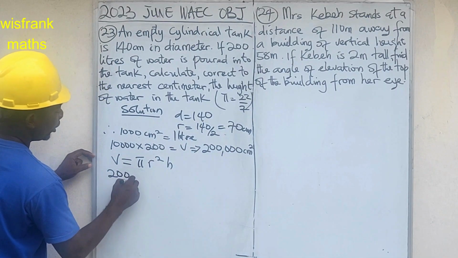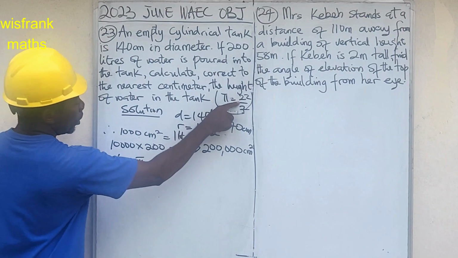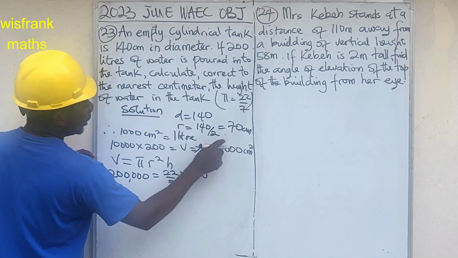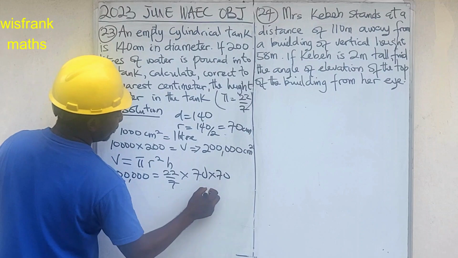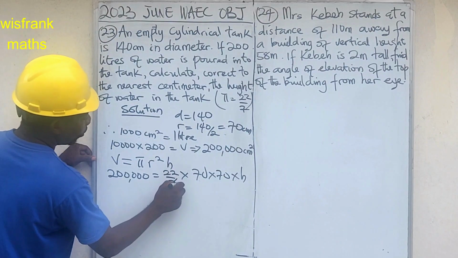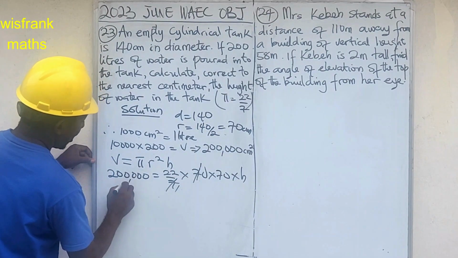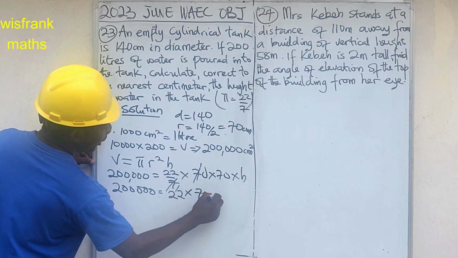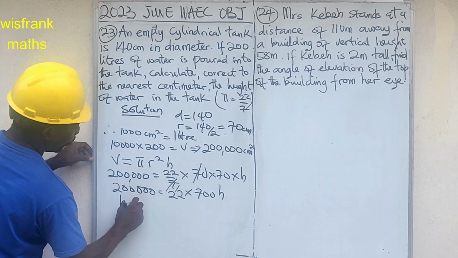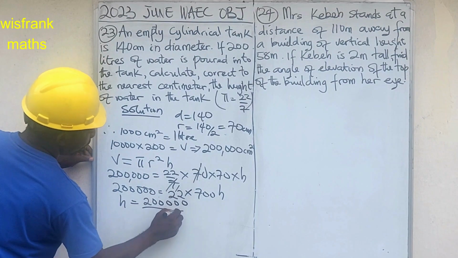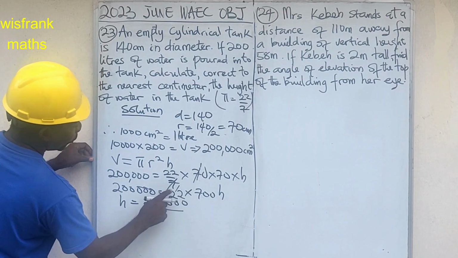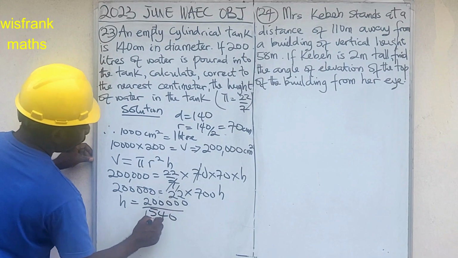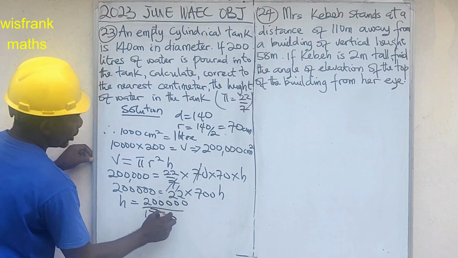So we are going to substitute. We have 200,000 equals pi, which is 22 over 7, times 70, which is the radius, times another 70, times h. In this case, 7 will cancel here, 7 will cancel here. Then we have 200,000 equals 22 times 700 h. Here we have our h will be 200,000 all over 1540. So we divide this, we punch this,